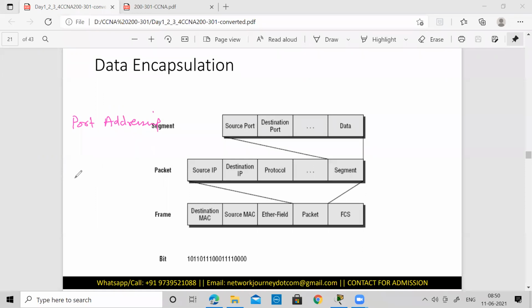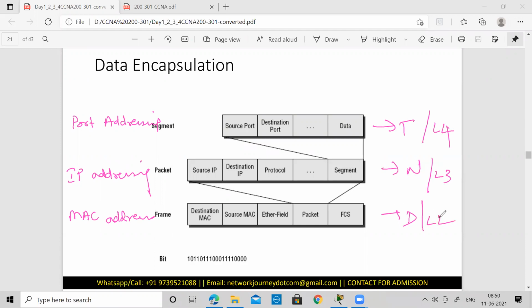So these 3 addressings are normally present: port addressing, IP addressing, and MAC addressing. This is at your transport layer, at your network layer, and at your data link layer, or layer 4, layer 3, layer 2. Okay, so L2, L3, L4.